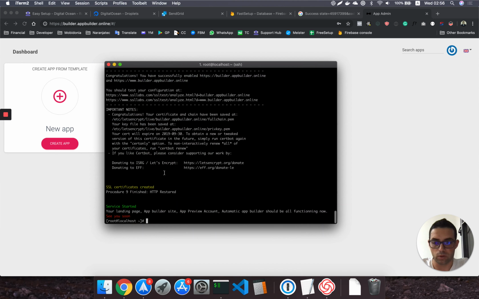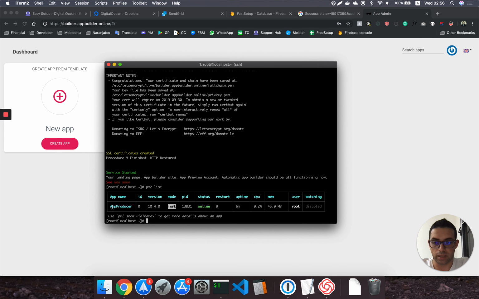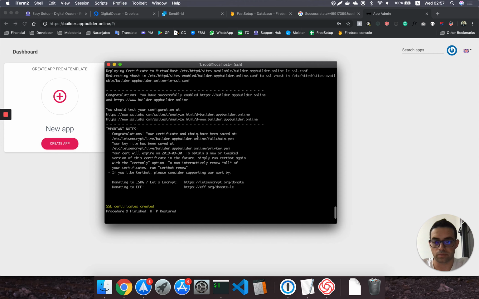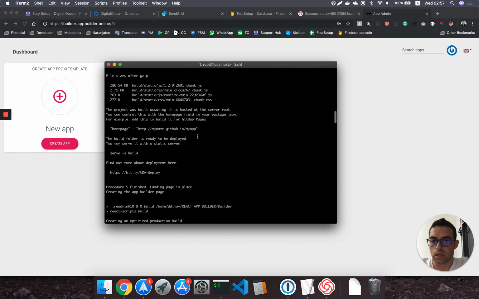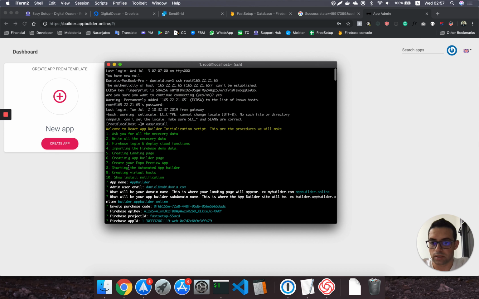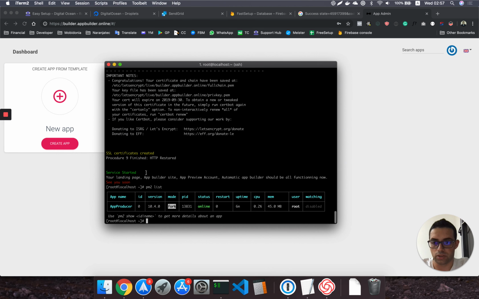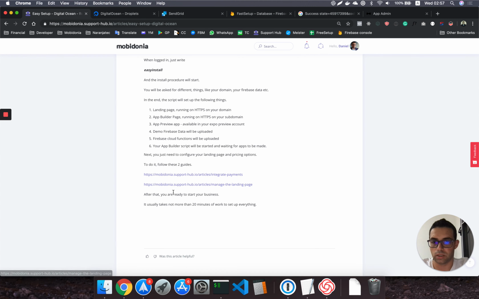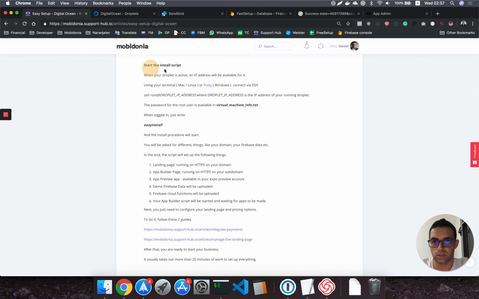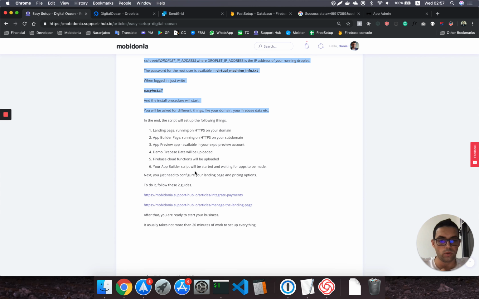To check that it's all created, all you need to do when you're connected to the SSH is run pm2 list. And here I see that app producer is running in its own line. So that's good. Next, creating virtual hosts. Okay, that's been running since HTTPS is running. And the installation informations, which is this procedure. Okay, with this we have finished this documentation on how to use this setup,